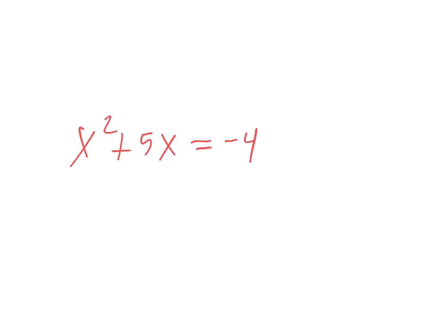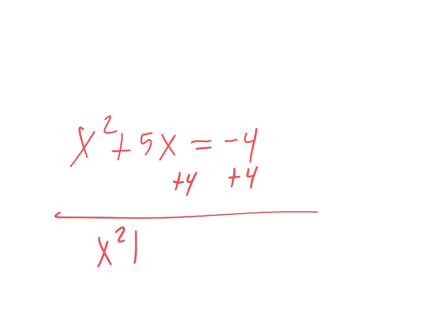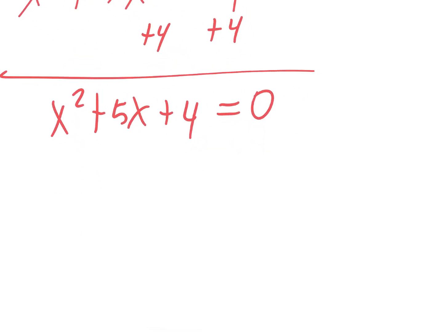What did I say about these? I said you had to set it equal to 0. I hope you remembered that. So you wanted to add 4 to both sides. So it was x squared plus 5x plus 4 equaled 0. And then if you can factor it, you should, but hint, spoiler alert, this problem type will never factor. So you might as well go right to x equals negative